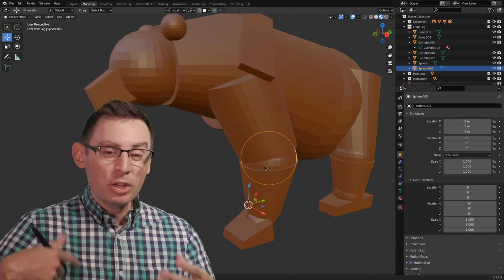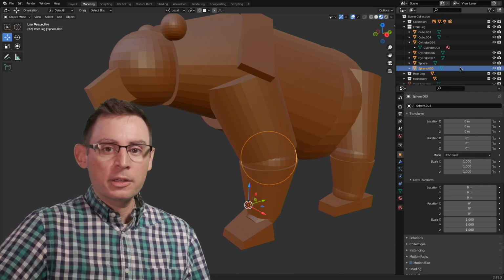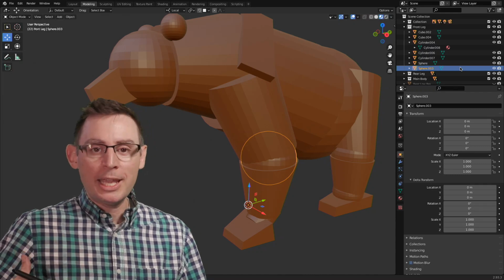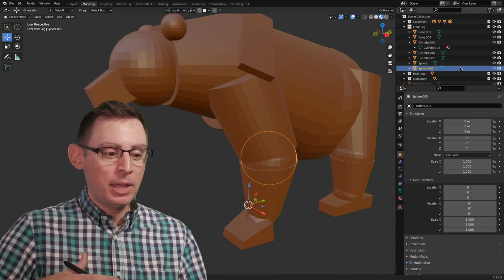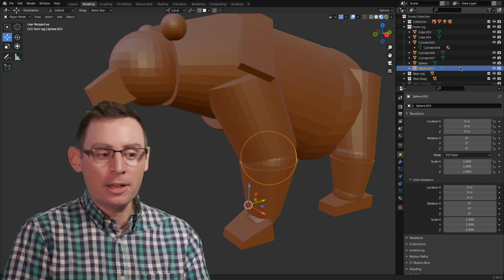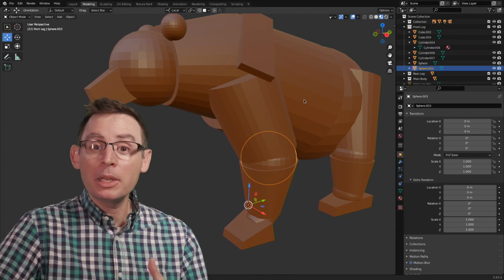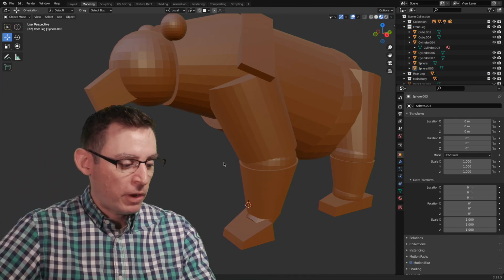All right, so let's create the modifier itself. Now the cool thing about working with the modifiers is that it's not going to duplicate the object. It's going to give us the impression that we have two copies of the exact same thing, but we're only ever going to have a singular object inside of our outliner, which is going to make it a little bit easier for us to manage these huge collections of objects. Let's go ahead and fire it off real fast.